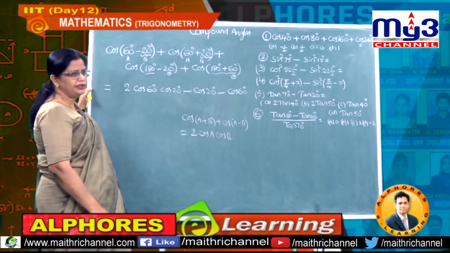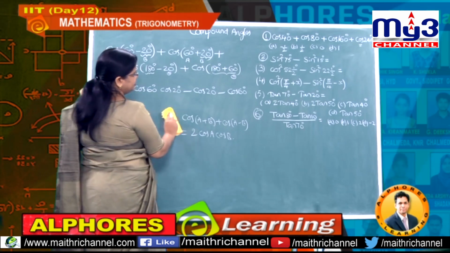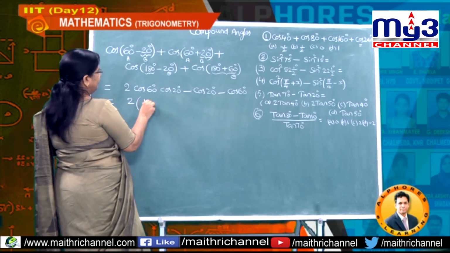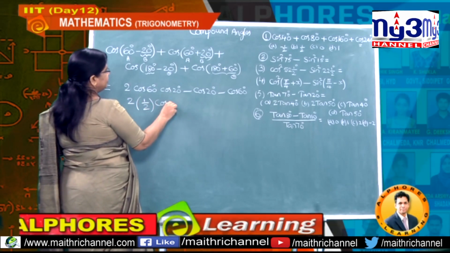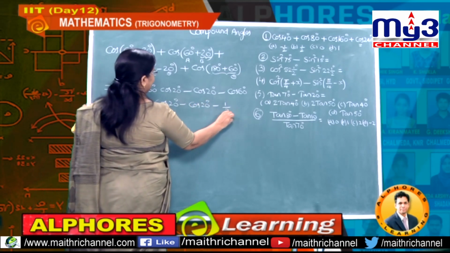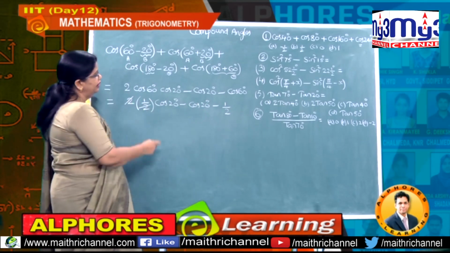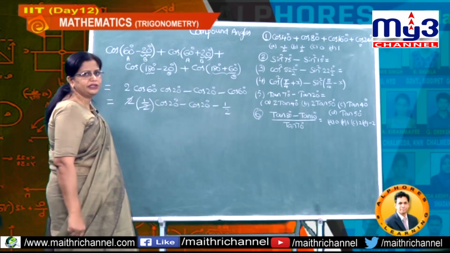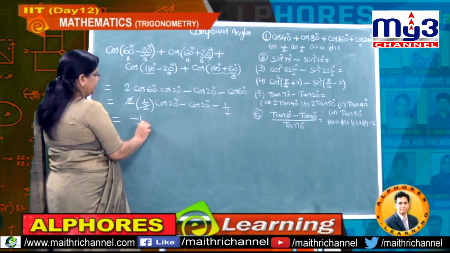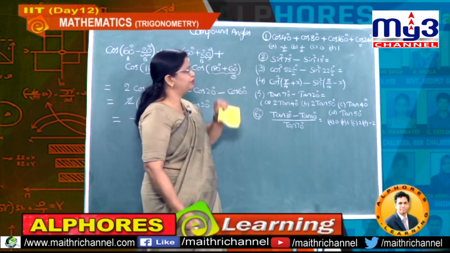So students, observe here, now known values let us substitute. What are the known values here? Cos 60 degrees, therefore we write it as 2 into 1 by 2 into cos 20 degrees minus cos 20 degrees, and then this value is minus 1 by 2. Now cancel these two values. So you got cos 20 minus cos 20, the value is 0, minus how much you got here? Finally half. So this is the answer. Therefore, which answer is right here? Option A.